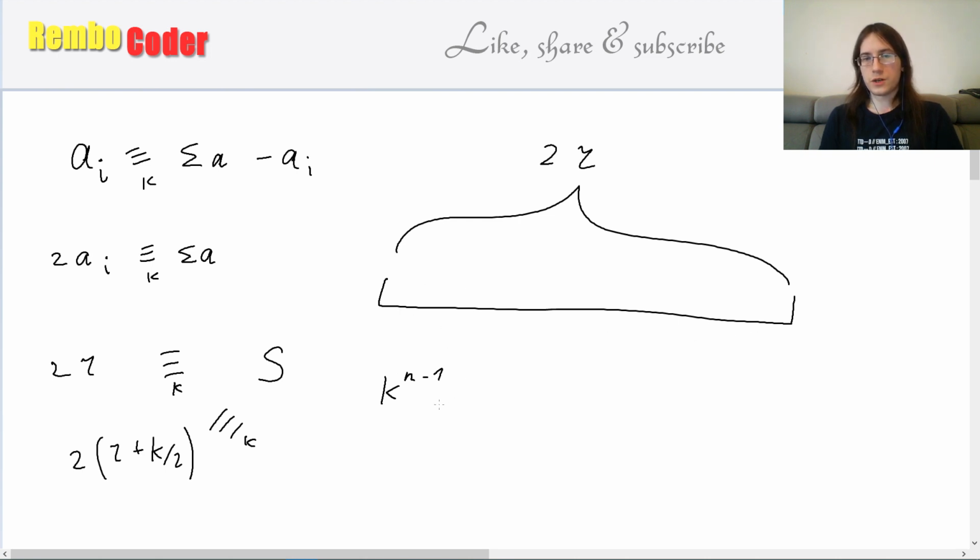But then we want to subtract those arrays that don't use r or r plus k over 2. So we'll again use the same process. We'll fix all those values, but in each step, we'll have k minus 2 choices now. So it's k minus 2 to n minus 1. And when we set the last value,